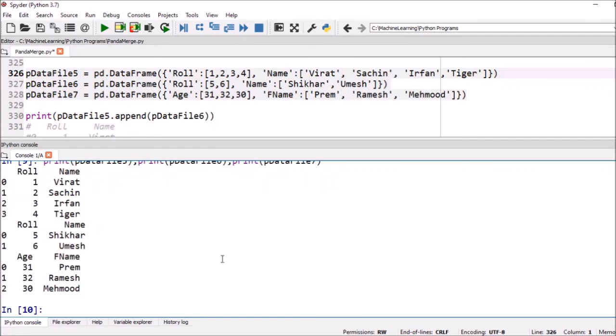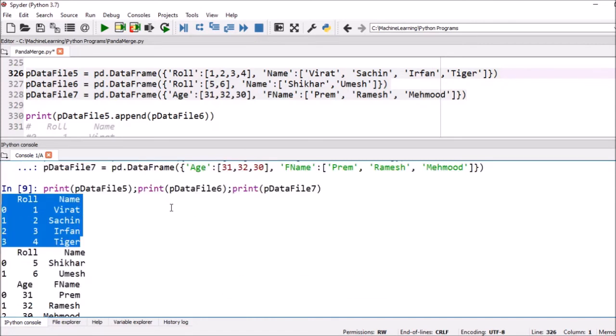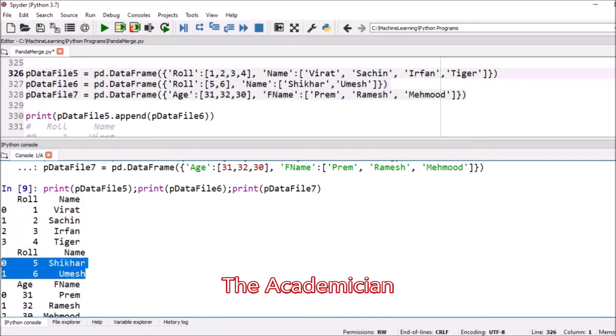You can see these are the data, roll number and name, from data file 5, where the roll numbers 1, 2, 3, 4 are there.